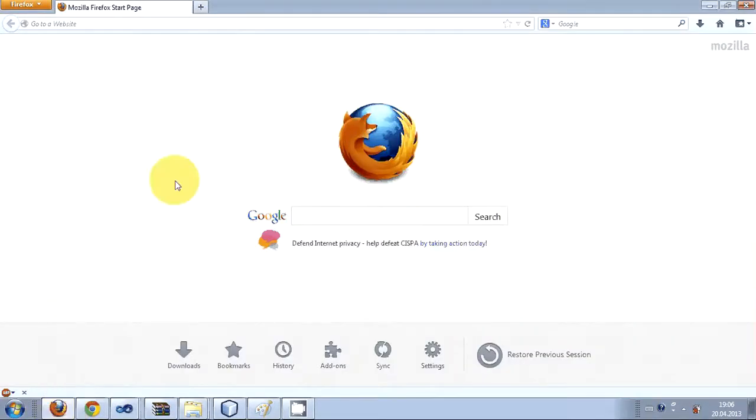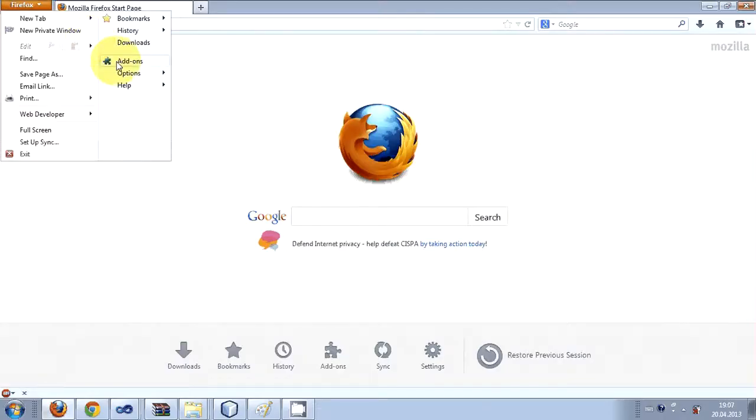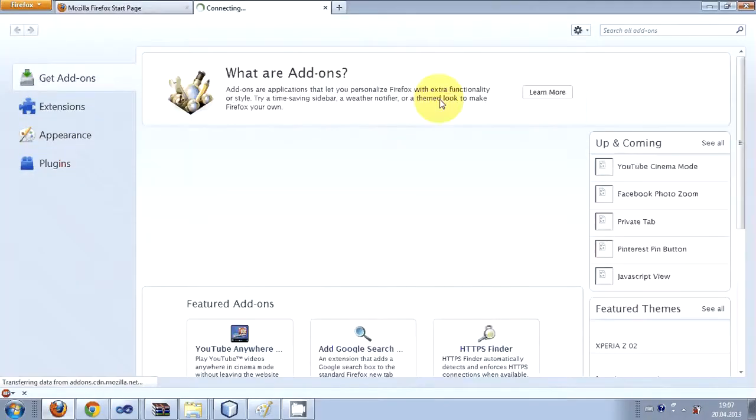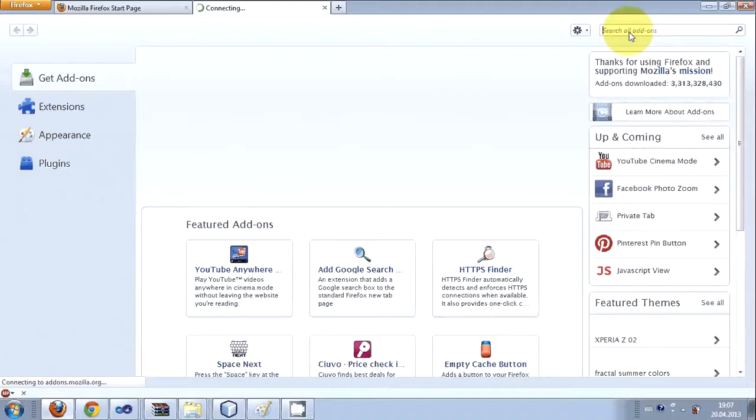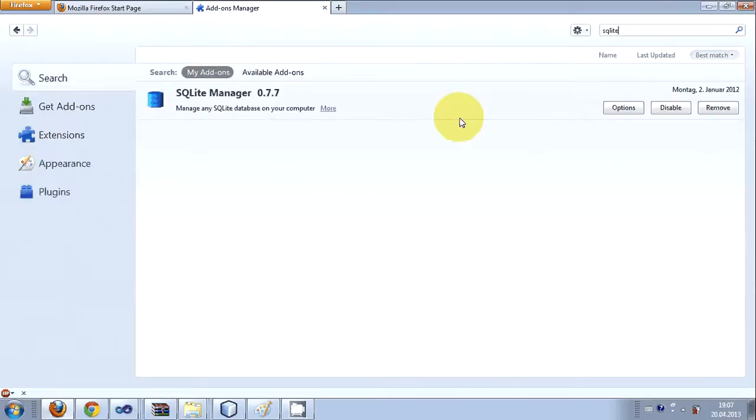If you don't have Mozilla, then download it and go above this Firefox here and go to add-ons. In the Firefox browser, go to add-ons, and then in the search for add-ons, type Sqlite and search for it,